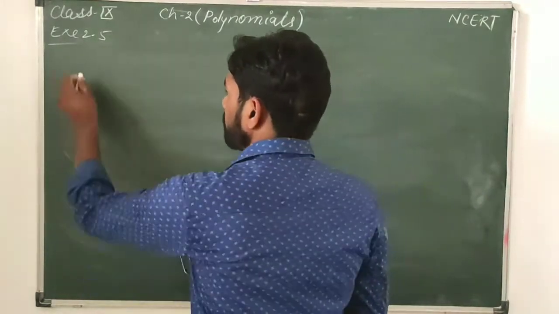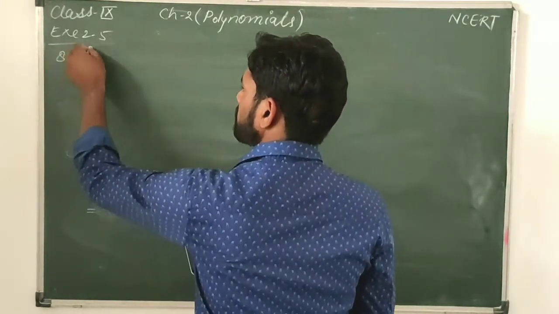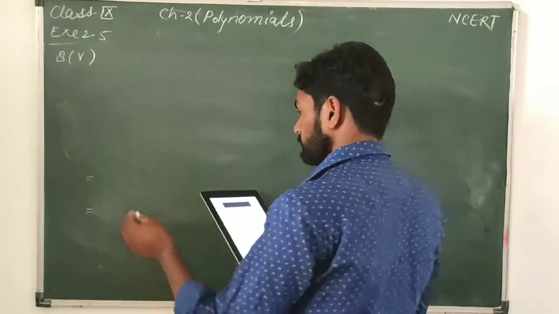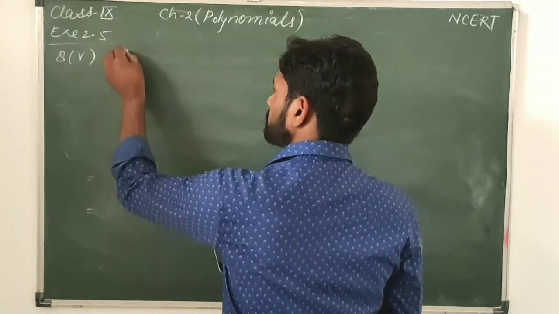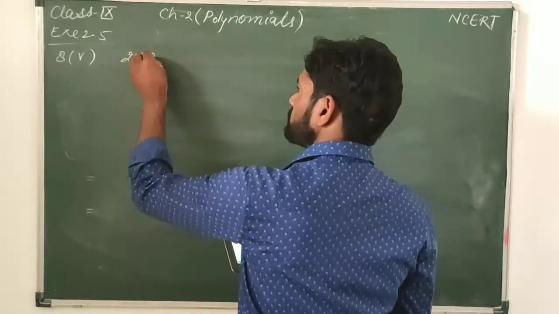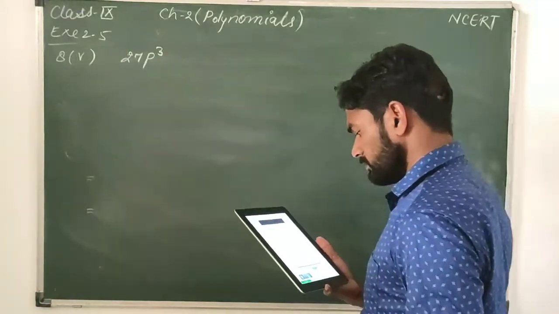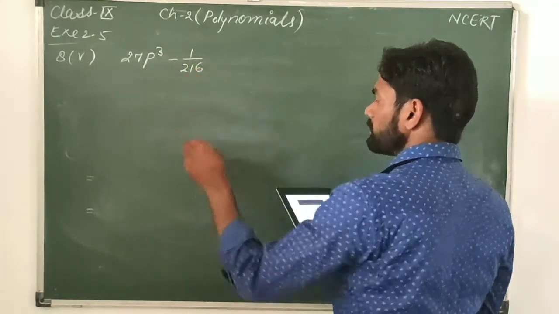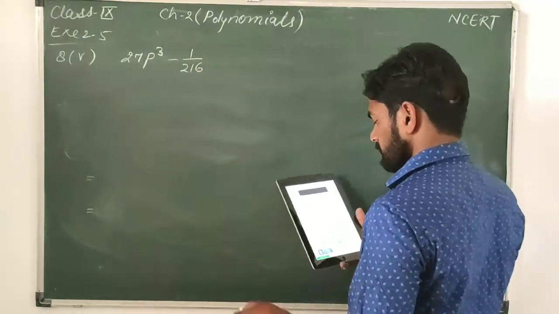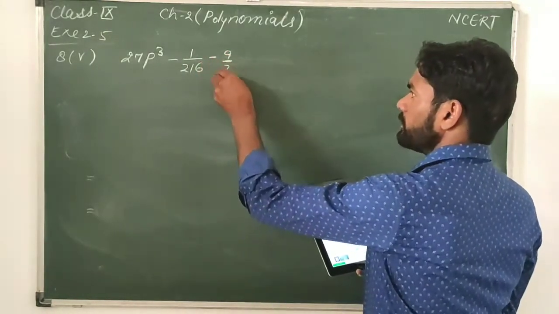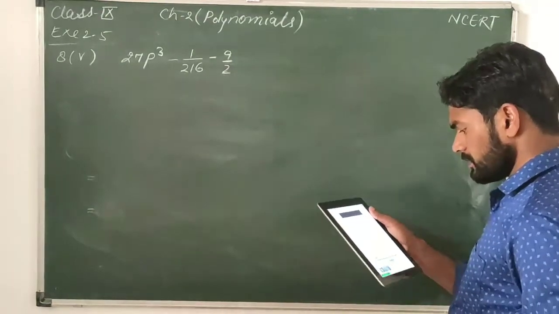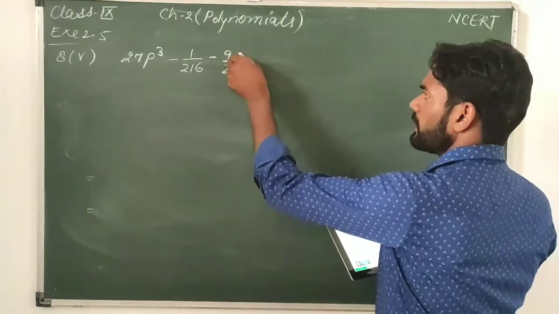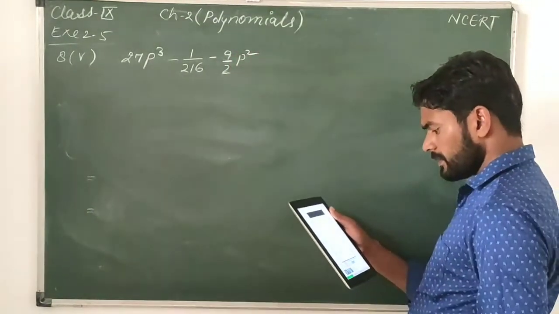p cube fifth part minus 216, minus 9 upon 2 p square, plus 1 upon